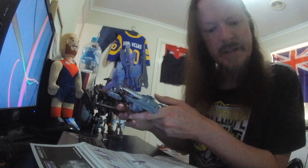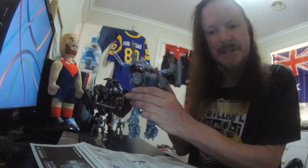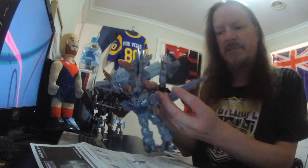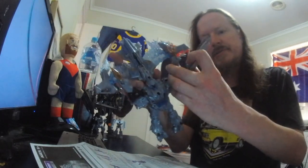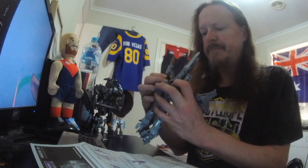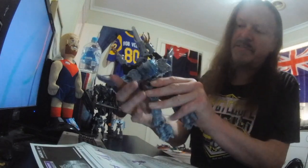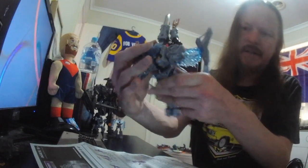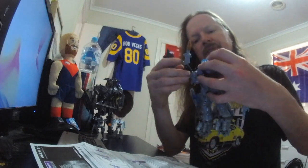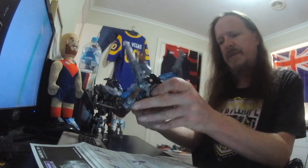What's he doing now? So we swiveled that around. We've got him shouting it out loud and giving it some hell yeah with his arms up in the air. This arm has a facsimile of his cannon on it, which has a hinge on it. You can see that there. So that swivels round and apparently does stuff. And I'm going to guess that's kind of the... Oh, he's got a bit of a reverse ab crunch going on there. Like that. And then we send his arms up there doing something, hopefully. I can sort of see where this is going, but at the same time...